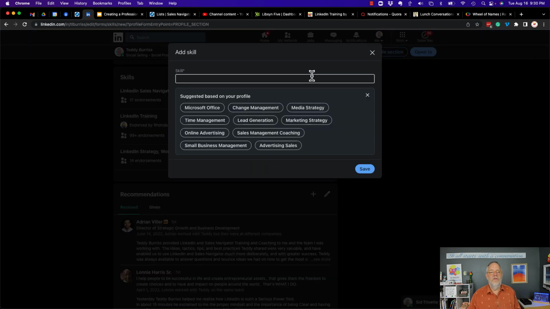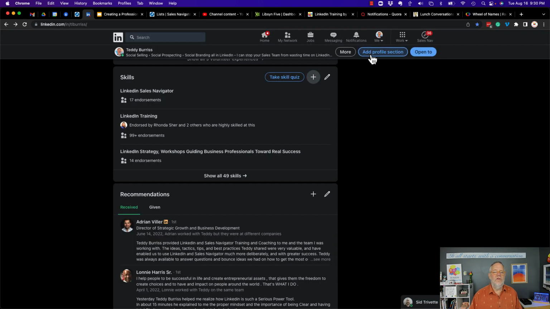If you hit the plus, then you can go up here and you can type in a skill word that you want. I recommend you choose skill words that exist in the system. Be hesitant about adding new skill words, because the more skill words we add, the more we dilute this. And so choose the ones as much as you can that exist in the system. And so add all the ones I want to add in here, and then I hit the X and close that down. Let's look at the pencil.